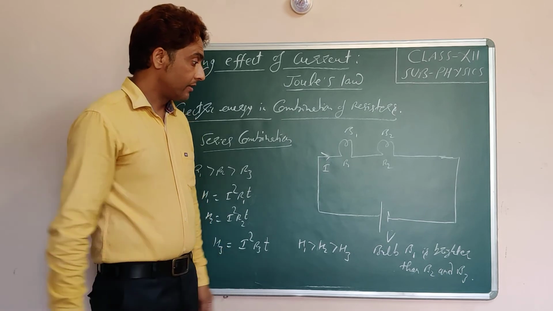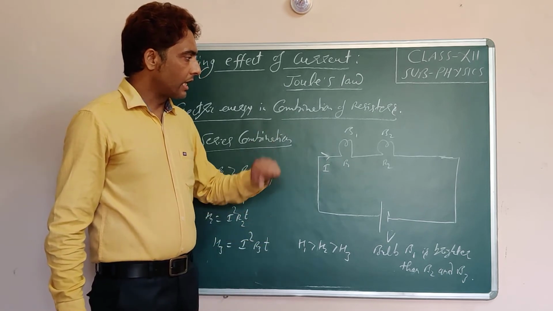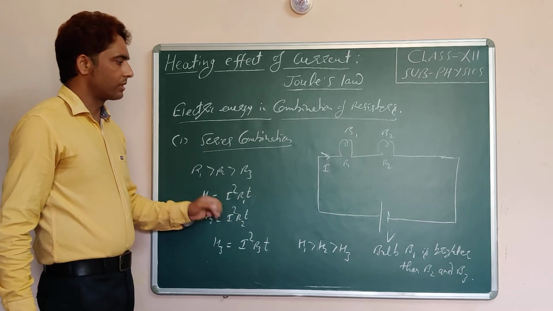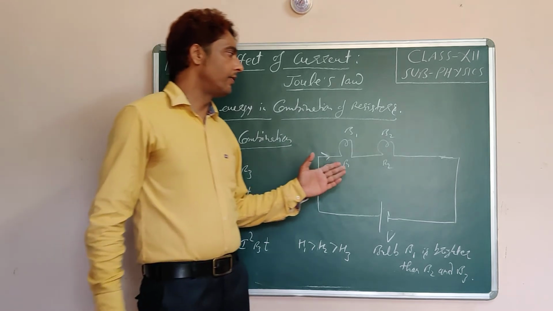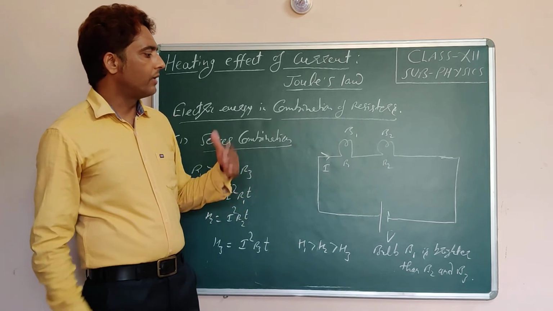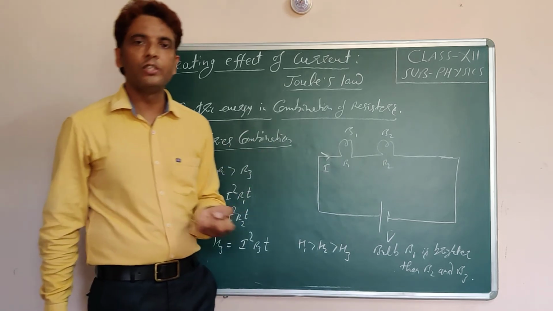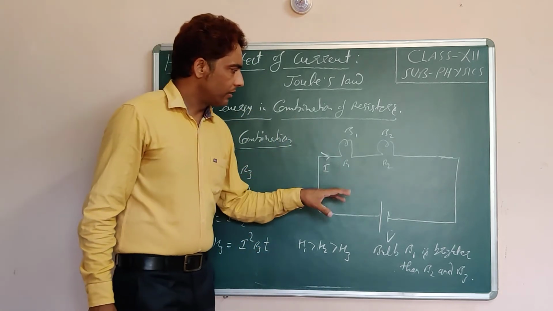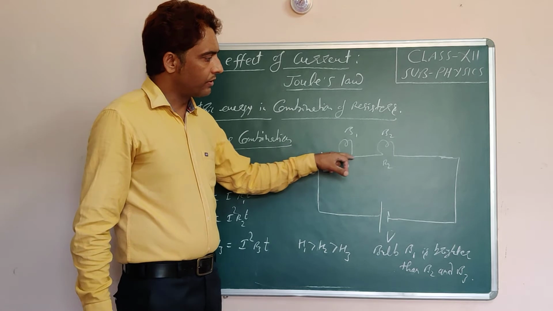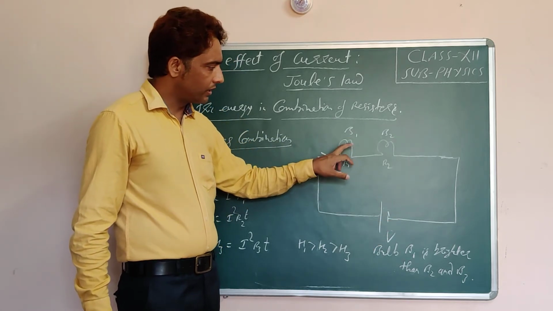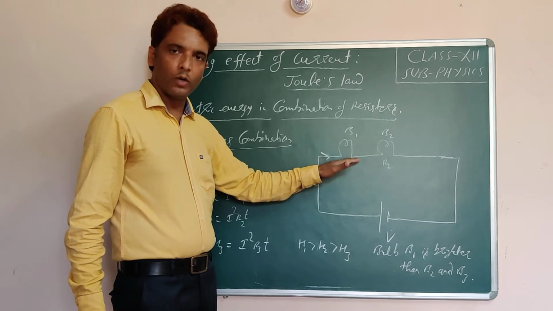So in that case, it's not like the resistance will decrease, so your answer is that the brightness will decrease. Actually we have to see when to use the formula I square RT, V square by RT or VIT. In the first case there were three bulbs connected to a source of potential difference V. Now here there are two bulbs.